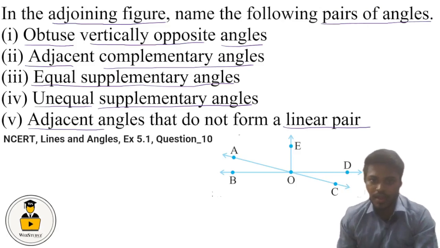Now the second is adjacent complementary angles. So complementary angles means the sum of these angles should be equal to 90 degrees. So from the diagram we can see that angle AOB and angle AOE are forming complementary angles because the sum of them is equal to 90 degrees. So we can say that adjacent complementary angles are